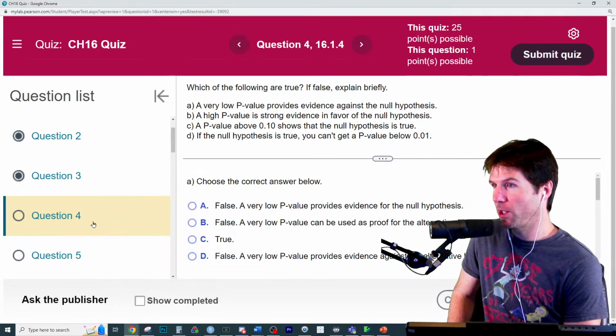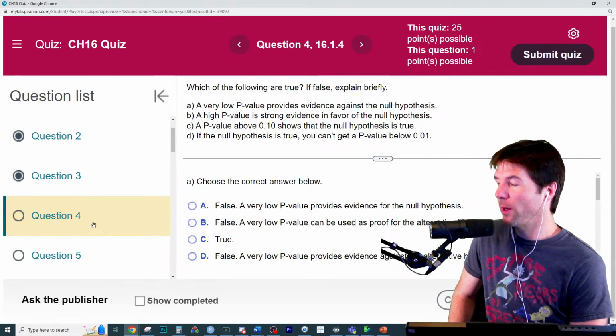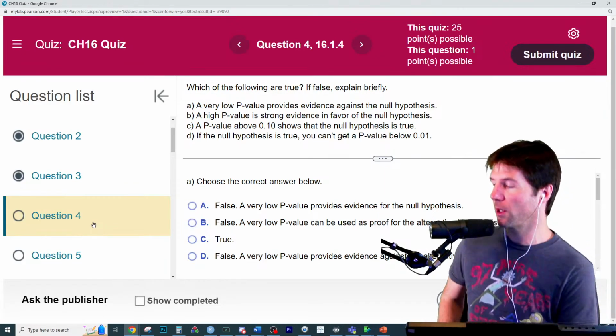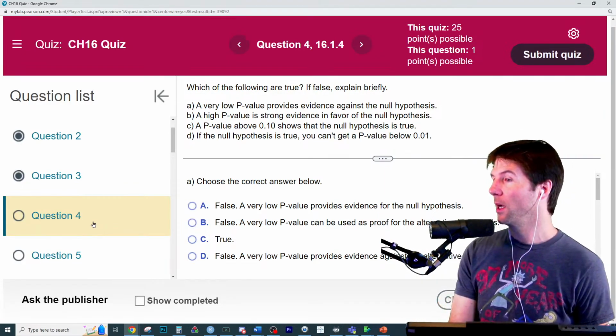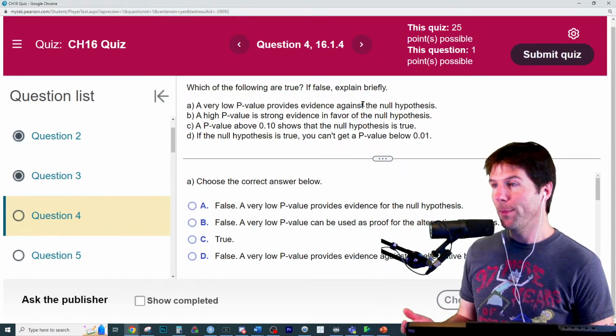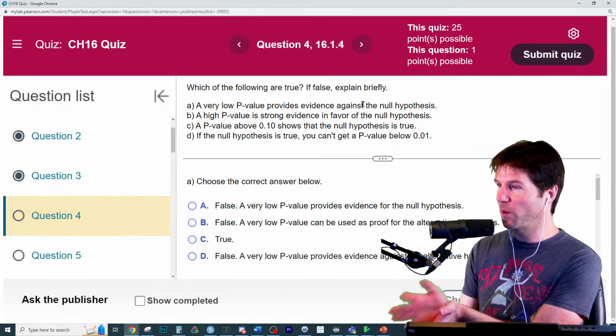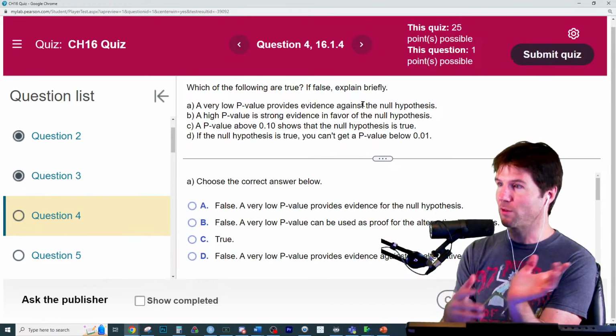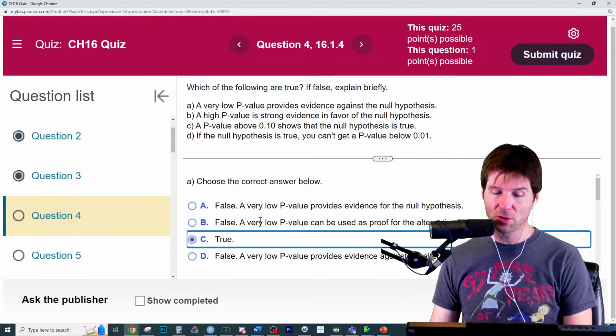If the p-value is low, reject the null, and that means we have evidence against it, right? So we're saying when we reject the null, we have evidence the null is not true. We have sufficient evidence for the alternative. Now, we don't usually say we have evidence the null is not true, but by saying we have evidence for the alternative, we are saying I don't believe the null, so you have evidence for something else. So that sounds true to me right here.